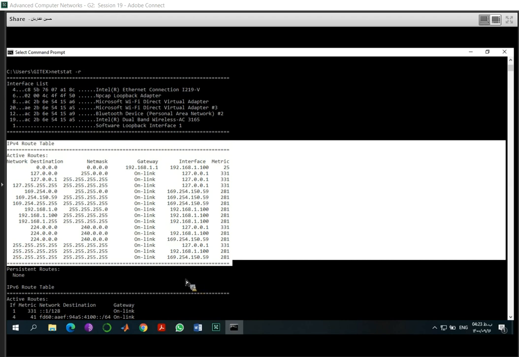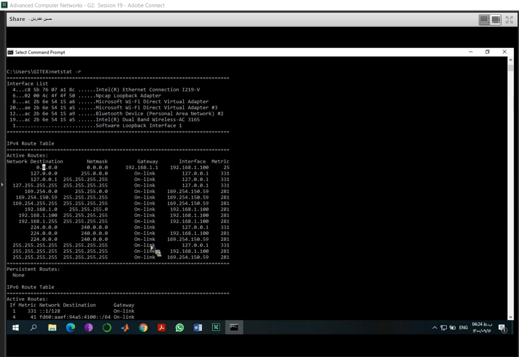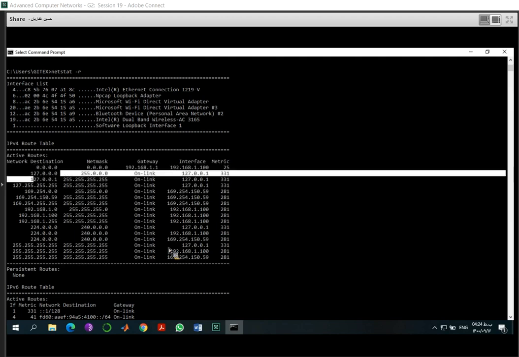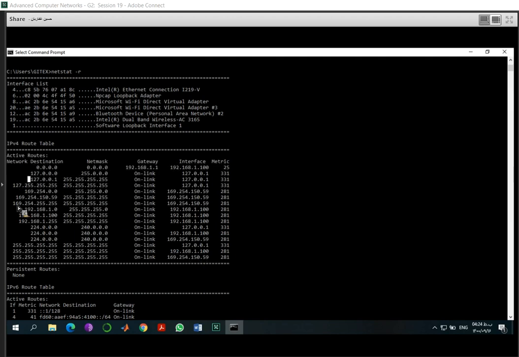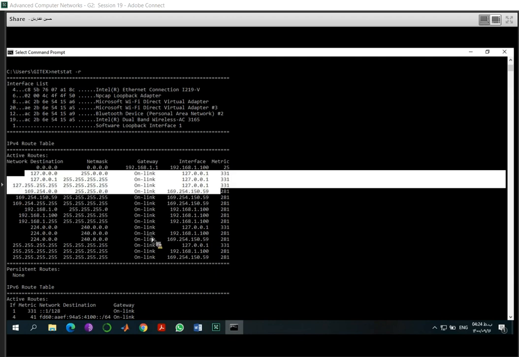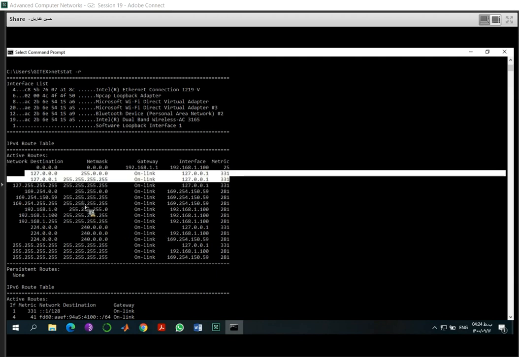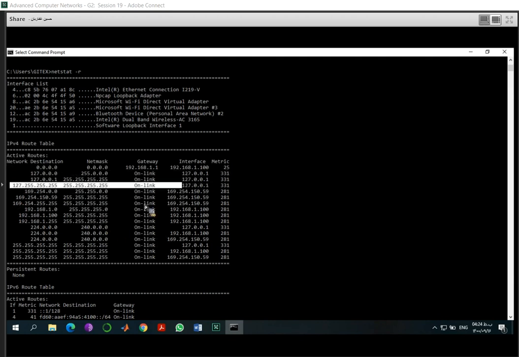Here you can see there is a column of interface, a metric, a network destination, and a gateway. You can see this routing table is much easier than the routing table of IP version 4. In IP version 6, it's much easier. And again, there are no persistent IP version 6 routes in my computer.